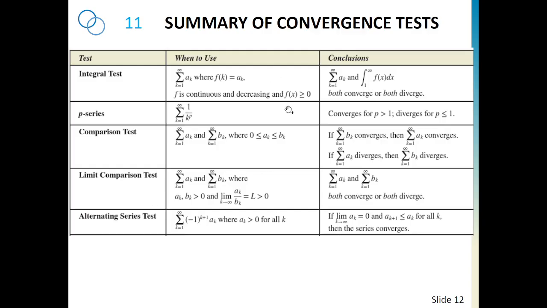This is a summary of all the convergence tests up to now. We haven't covered the integral test, so we can ignore the first one, but all the rest we covered. So the p series, when p is greater than 1, then the series is convergent. If p is smaller or equal to 1, the series is divergent. Direct comparison test, limit test with its conditions, alternating series tests with the conditions,